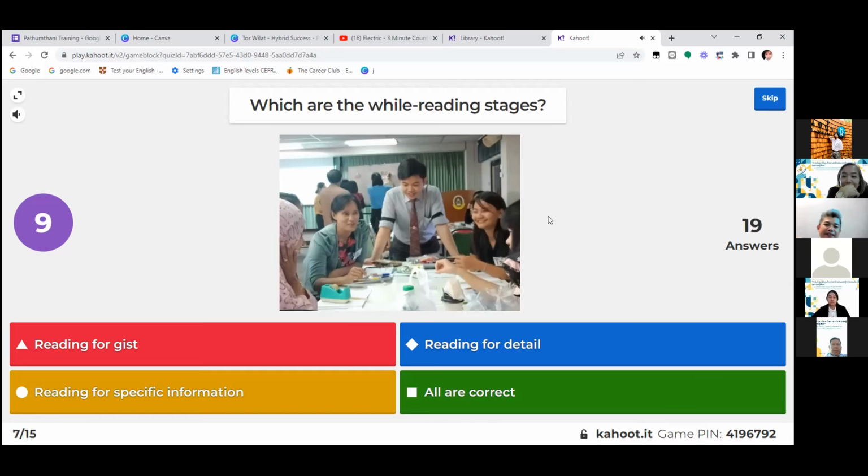What is it in my hand? Yes, so everyone has an idea. Thank you, you can answer from the Zoom chat. When you teach the new language, even to students in Prathom 1 or Mathayom 1 or 2,